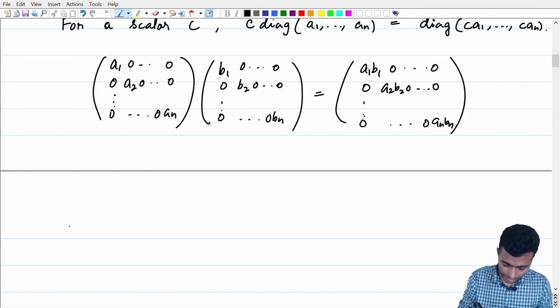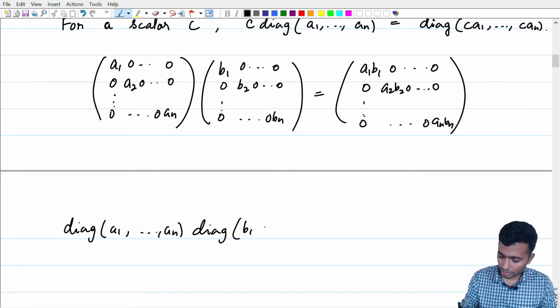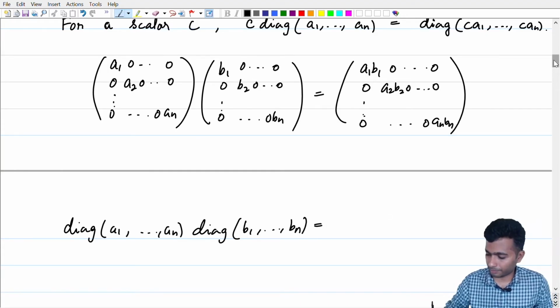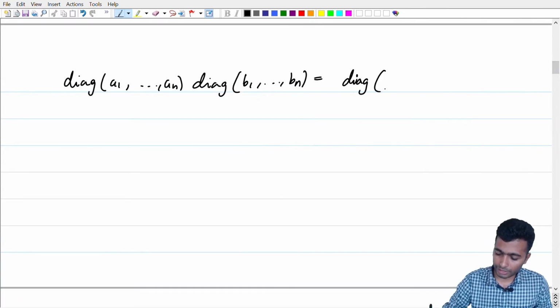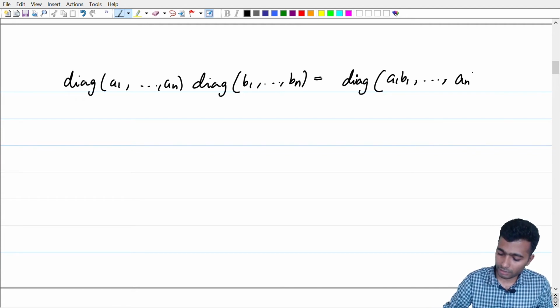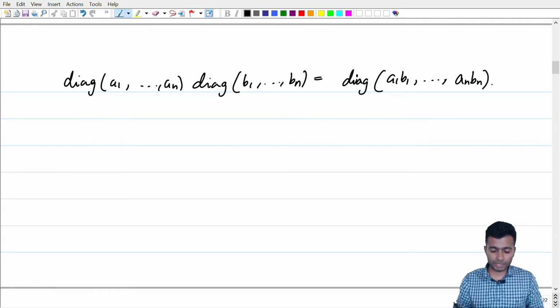So if I write it again in the above short notation, diag of a1 to an times the diagonal matrix with entries b1 to bn will just be equal to the diagonal matrix with entries a1 b1 up to an bn,